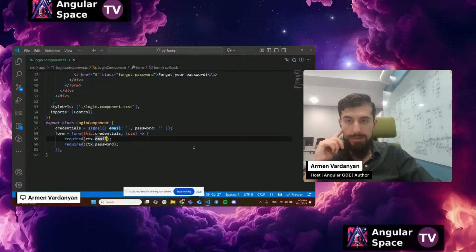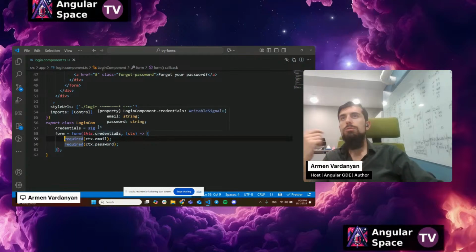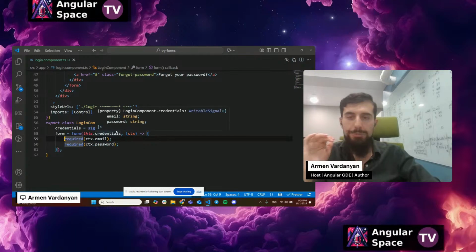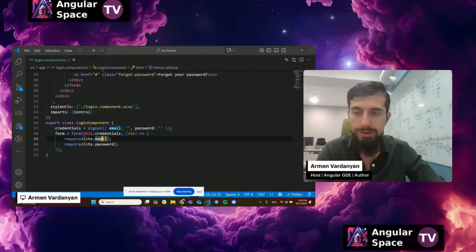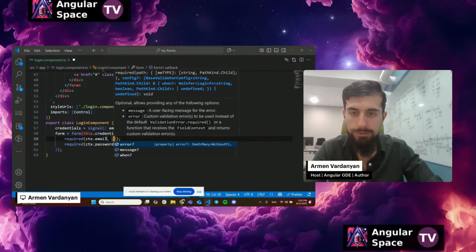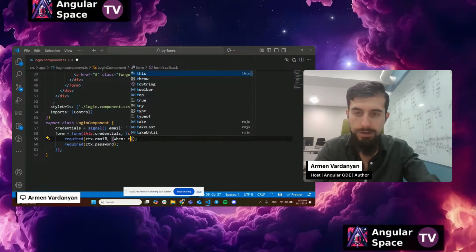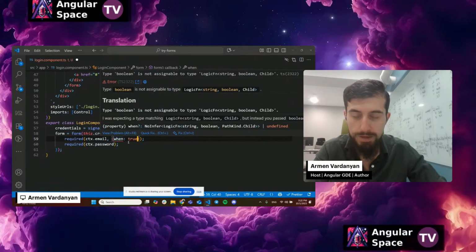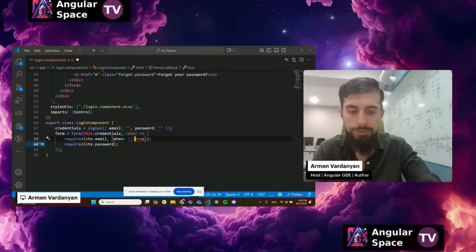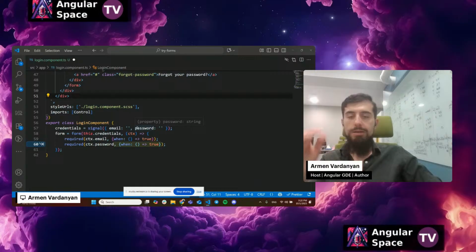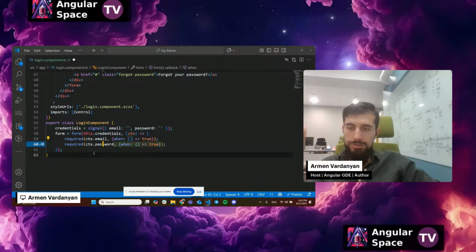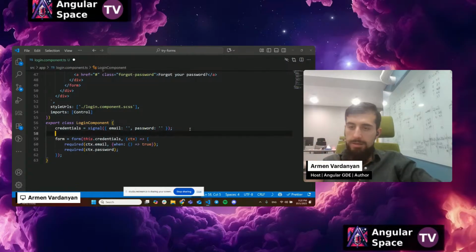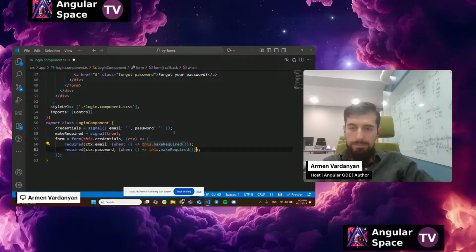And if I remember correctly, here you can do, man, I don't remember a bunch of stuff, but here you can do, I think, conditions. You can do something like when, and you can pass not a boolean, but a function that returns a boolean or another signal. I guess that's the idea. So maybe a function is not very good in this context, but for example, if I add make required something like signal true, and if I pass this make required field,